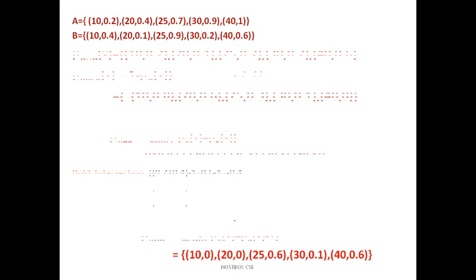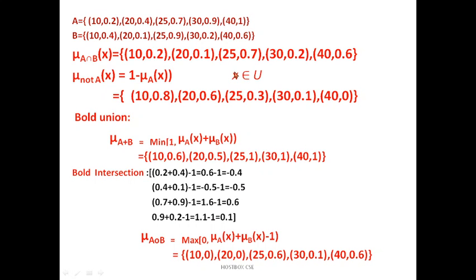So similarly here also 30 comma, what is the value here? Here you have to add both, so 30 comma 0.9 plus 0.2. If you add it, it is 1.1, but its value should be between 0 and 1 only. So I am taking the maximum 1. And similarly 1 plus 0.6 is 1.6. Similarly I am taking 40 comma 1 as the maximum. So this is the bold union. We have to carefully take the values, and the value of the membership function should be 1 at maximum, 0 to 1 only, not more than that.